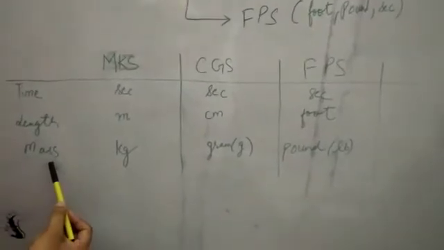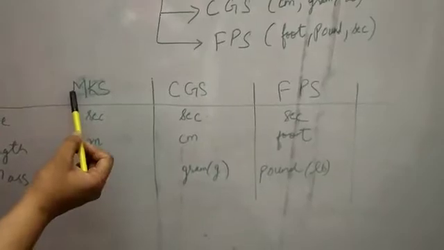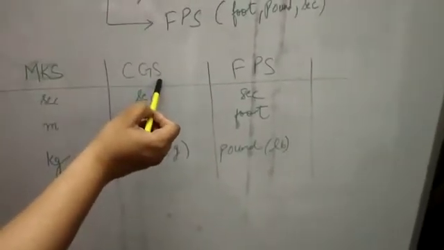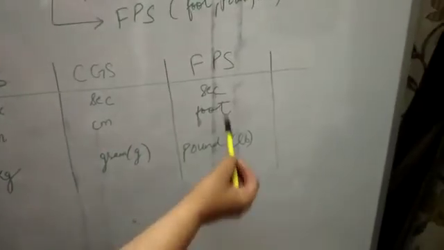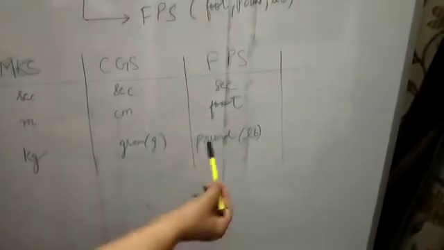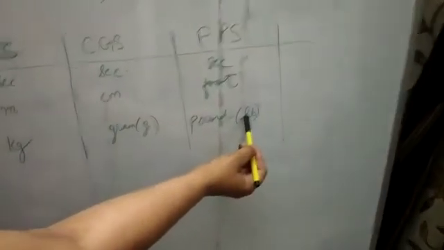Now let us move to the mass. Mass is measured as kg in case of MKS, gram in case of CGS, pounds in case of FPS. Pound is written as LB. As for all other short forms, you all must be knowing, but I am telling you for pounds only. It is written as small l, small